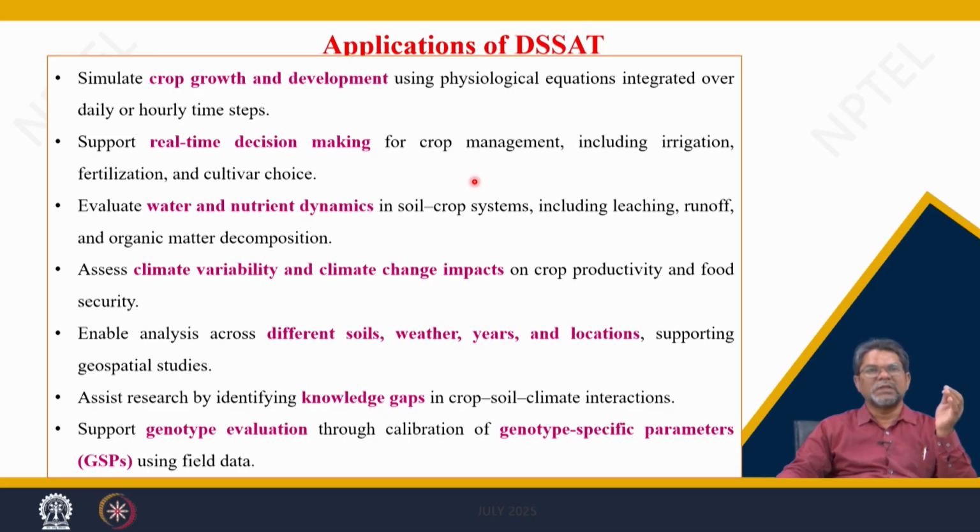We can see how much yield is expected, and that gives us an understanding of any corrective measures in the input management to maximize production. In case there is a benchmark or reference yield, and the mid-season simulation shows there is a loss in yield, we can take corrective measures, particularly in input management, water and nutrient management, to avoid the yield loss due to any abnormal conditions. So, this supports real-time decision making.